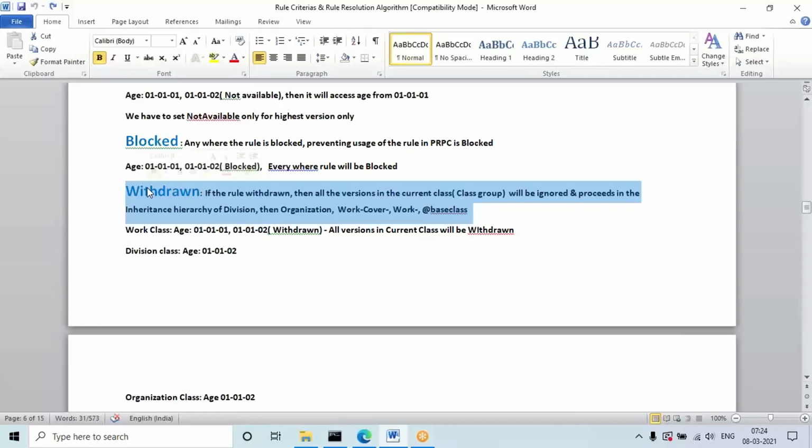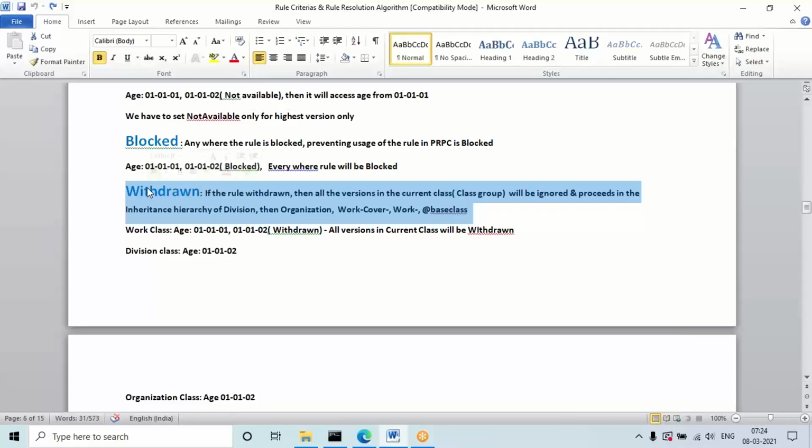So if a rule is there in the work layer and you withdraw the rule from the work layer class, and the rule is there in multiple versions, version 1, version 2, version 3, then in the current class all versions are going to be withdrawn. Don't worry, I'll show you one example regarding this.